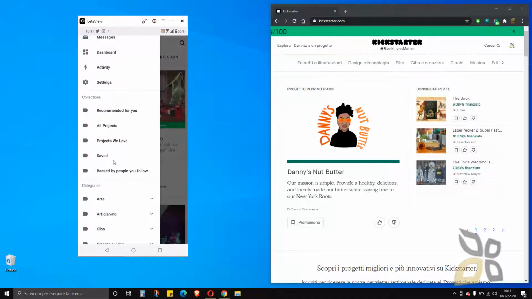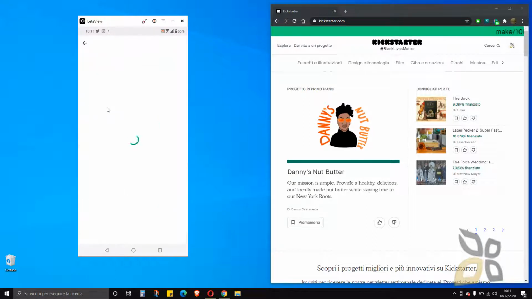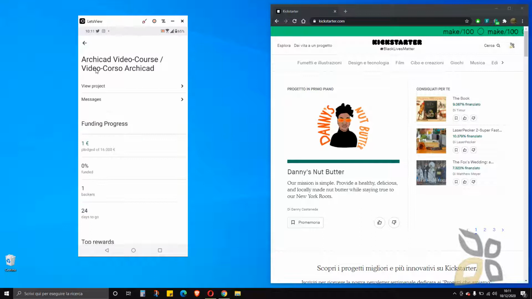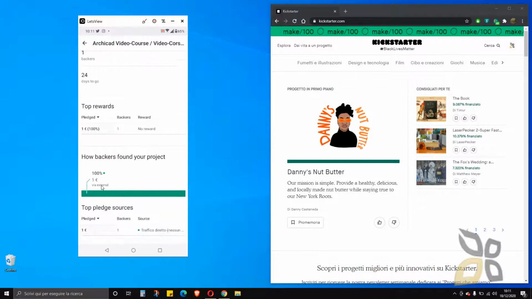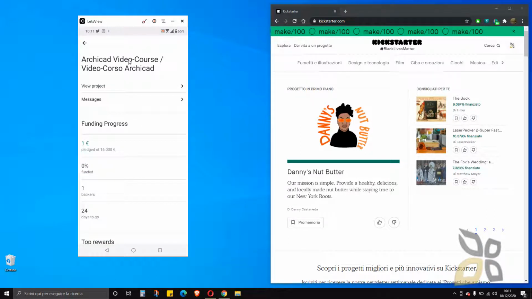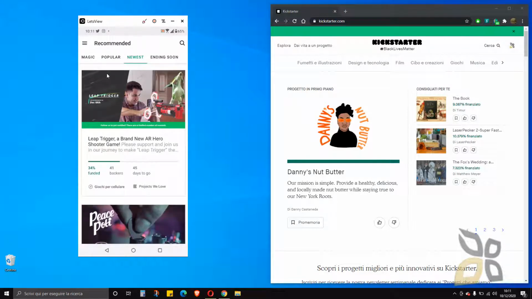And also I can create my own project. So if I go here at the top and I go to my dashboard, I can see that this is my project, which I have launched a few days ago. And so basically I'm doing a video course. I want to do a video course on ArchiCAD, which is a software for architecture. So for those of you who are interested, you can back me up with this, and you get all the